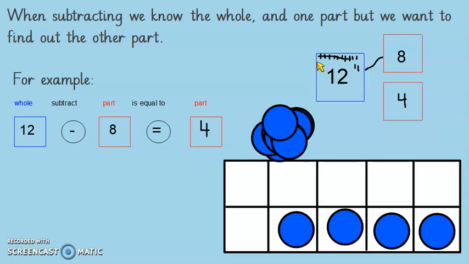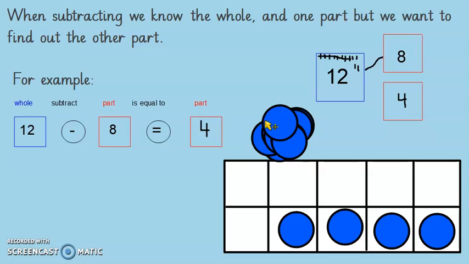So you can see, and you've seen me do it lots of times now, I started with 12 in my whole. I crossed out 8 because the part that I had was 8,